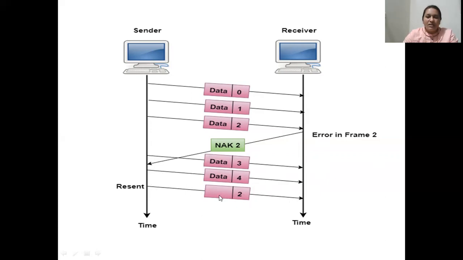So in this case, the receiver will receive the data frame 2 after the frames 3 and 4. So the receiver should have a mechanism to insert 2 in its appropriate position in its buffer and process it accordingly to avoid any errors. So this is how the selective reject ARQ works under sliding window ARQ for error detection and retransmission at the data link layer level.